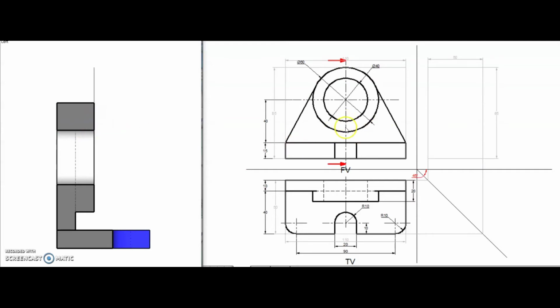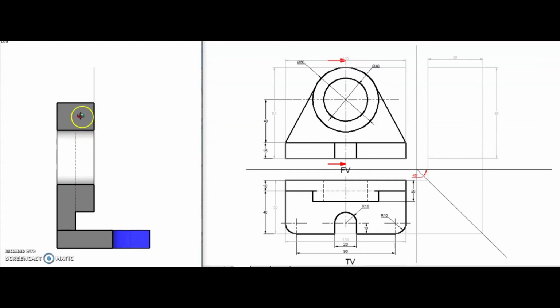Then this portion and this bottom plate will be cut from this to this. Then from this to this the section plane will cut. As this is a hollow portion, here we cannot show the hatching line.